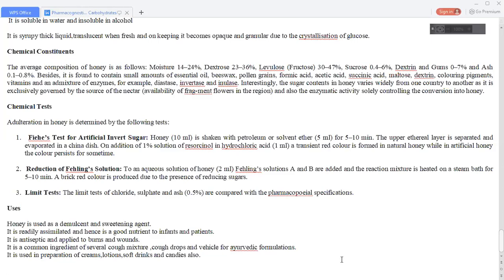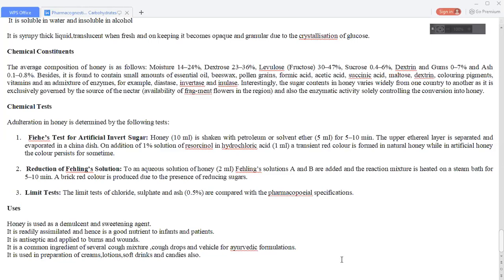On addition of 1% solution of resorcinol in HCl, a transient red color is formed in natural honey. So after evaporation of this ethereal layer, the resorcinol in HCl is added to this china dish. A red color is seen in case of natural honey,